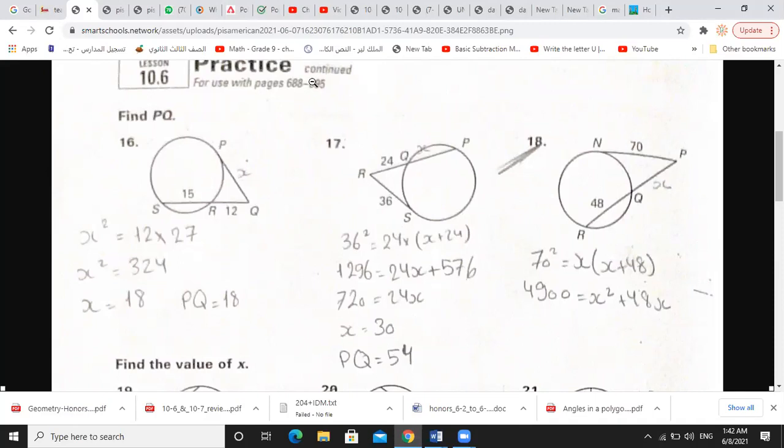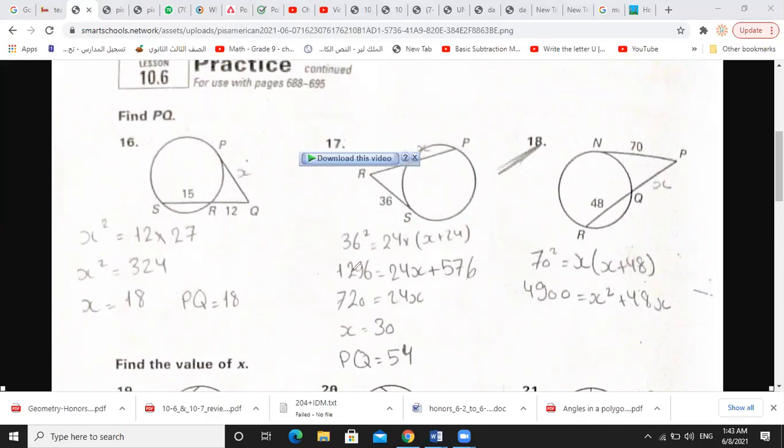Now we will distribute 24 over the parentheses. It's not necessary to write the multiply sign once you have parentheses, right? Because any number before the parentheses means that you are going to multiply. Okay? Then we will distribute: 24 times x is 24x, and then 24 times 24 is